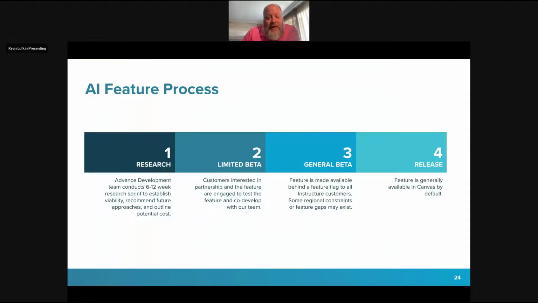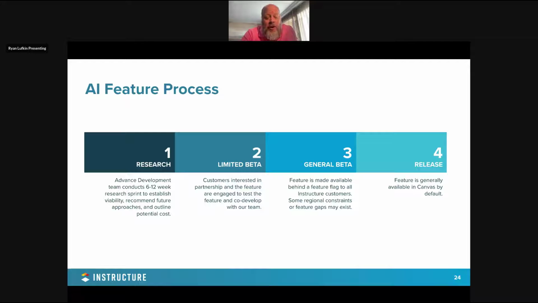So these are what we call tools in the lab. I think if you've seen Zach Pendleton speak in the past, we talked about these 4 phases really at InstructureCon and our approach, how we were going to do that. So research is us actually outlining what large language models we're going to use to power